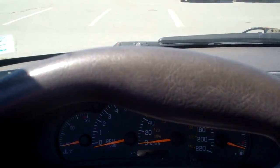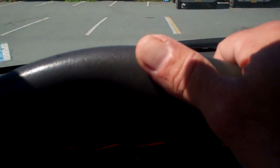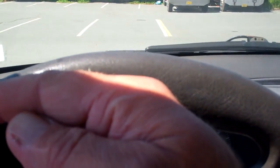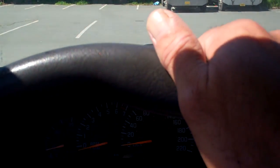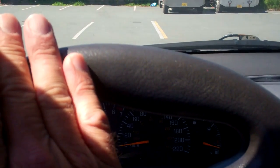So what's going to happen is, as we're driving along and I make a right turn, the bearing, if it's on the left side, because the weight of the vehicle is going to be going in this direction. As I say, the driver's side bearing in this case is worn. So as we turn the vehicle to the right, the inertia of the vehicle is going to put most of the weight on the left side of the vehicle. So basically, we're going to hear that whirring noise that is a very common symptom of a worn wheel bearing